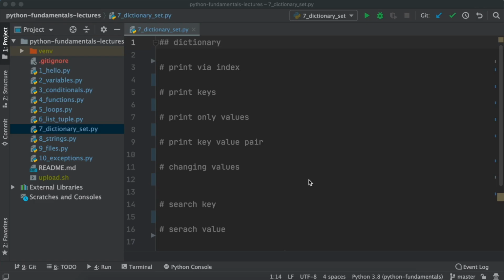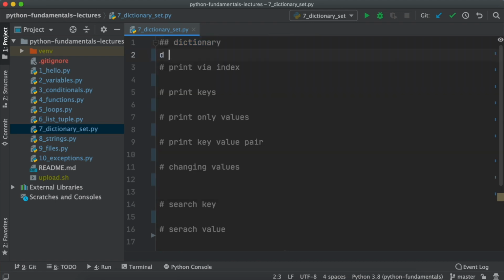In the last lecture we covered a list of elements or a set of elements as tuples, wherein the list had only the values. There was no key element. But in reality, there is a possibility that you might want to have a key and a value. That is where we use the concept of dictionary. Let me show you a sample dictionary.